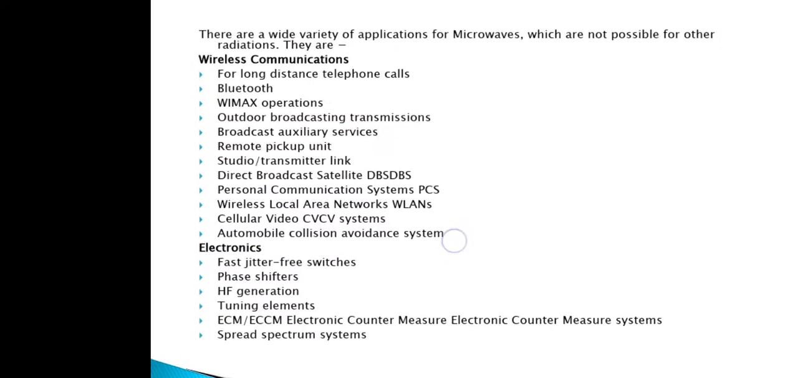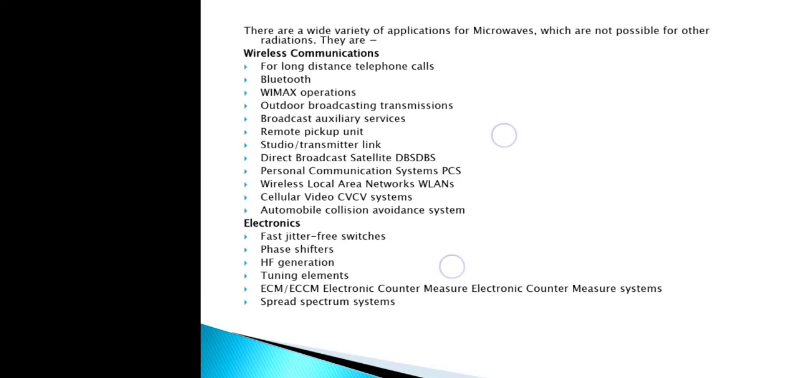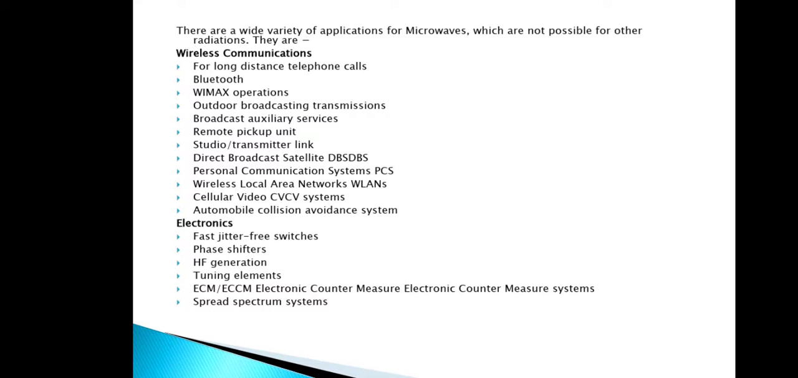So first area is wireless communication: long distance telephone calls, Bluetooth, WiMAX operation, outdoor broadcasting transmissions, broadcast auxiliary services, remote pickup unit, studio transmitter link, direct broadcast satellite, DBS, personal communication system, PCS, wireless local area networks, WLANs, cellular video CV systems, then automobile collision avoidance system,